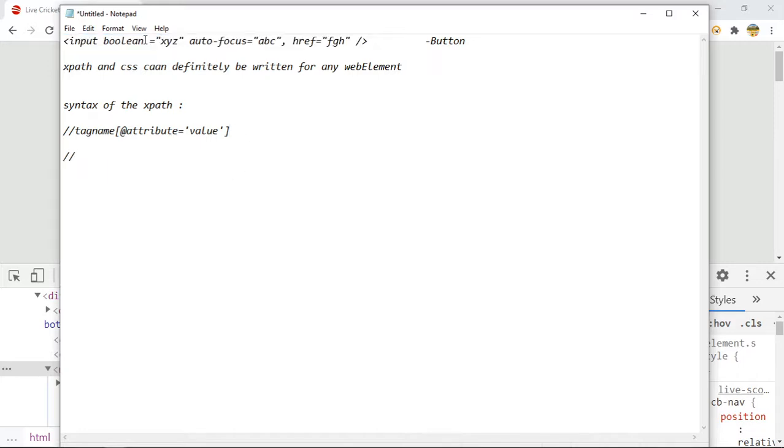Double slash, the tag name is input, at the rate, what is the attribute? You can choose any one. Suppose I choose this one: at the rate attribute equals to, what is the value? The value is ABC. So this is our XPath, right?